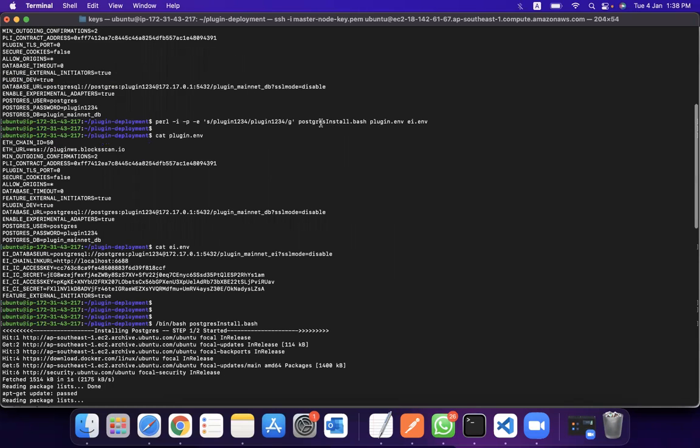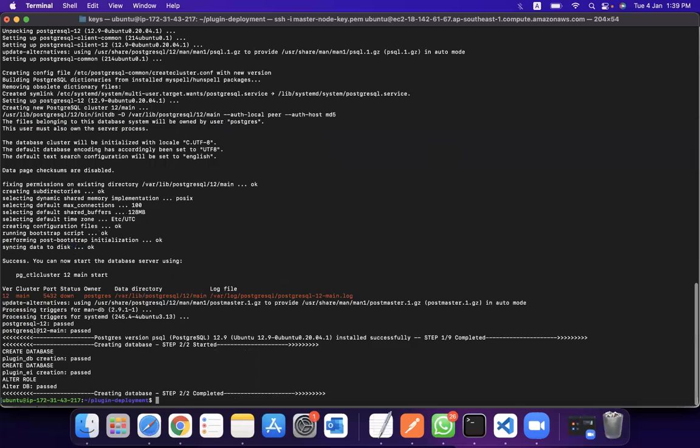Okay, here we are already replacing the password inside the Postgres install.bash. This uses the same password to set up the Postgres database. In our case, it is plugin 1234, and it uses the same password in the env file as well, in both of the env files basically.